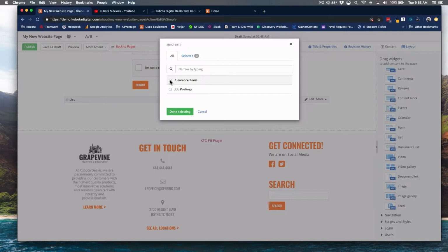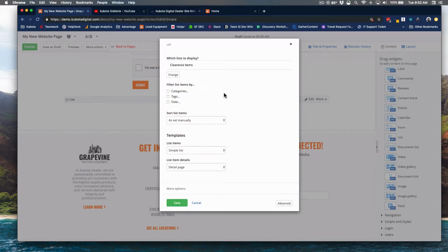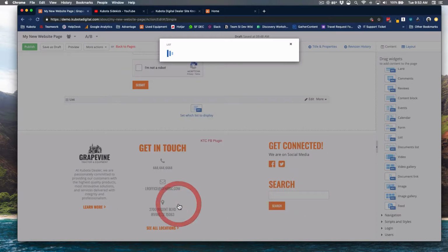And I have this one called clearance items. I'm going to check to add that. I don't know if there's even anything in here. And then you've got a couple of other things you can do here. You can set them manually or set them by last published or in alphabetical order. I'm just going to do last published. And you've got a bunch of different list templates. So this is going to display as a simple list. When I click save,